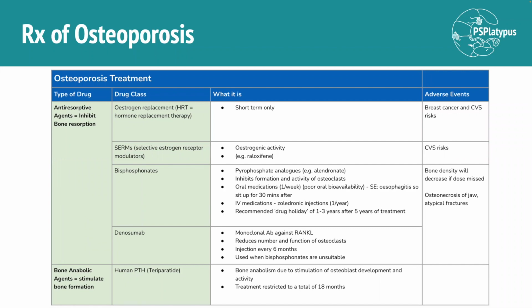they can then be broken down into a few specific drug classes, one being our estrogen replacement hormone therapy, and that is used in patients such as post-menopausal women who have estrogen drops, and this can help in the short term. However, due to its increased risk of breast cancer and cardiovascular risk, it's not the best treatment option. To try and counteract this, we have created SERMs, which are our selective estrogen receptor modulators, which act more specifically and more targeted for